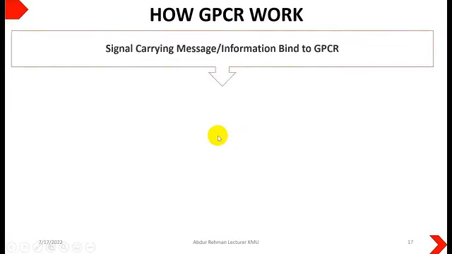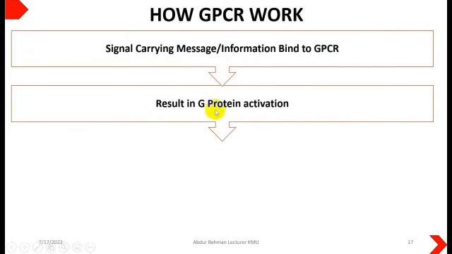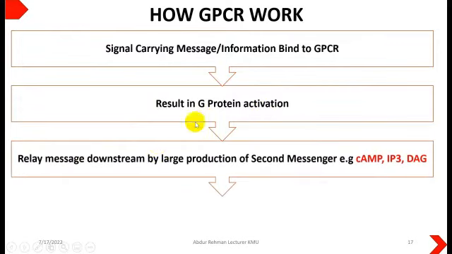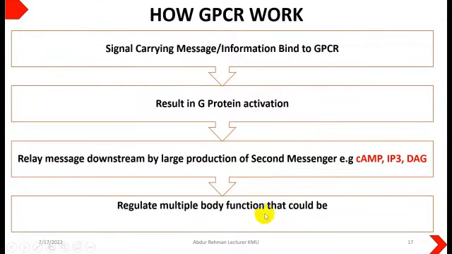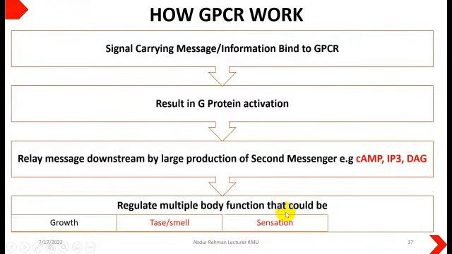When a signal or ligand carrying information binds to a specific G-protein coupled receptor, it results in activation of the G-protein, so that the G-protein relays the message downstream inside the cell through production of a large number of second messengers, which could be cyclic AMP, IP3 and diacylglycerol, to regulate multiple body functions that could be growth, taste or smell or any other sensation or endocrine response